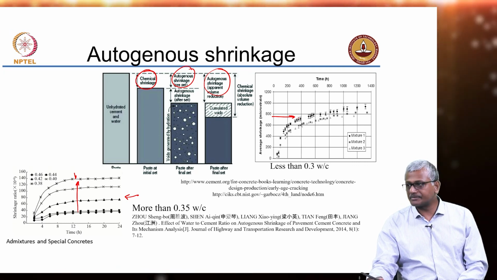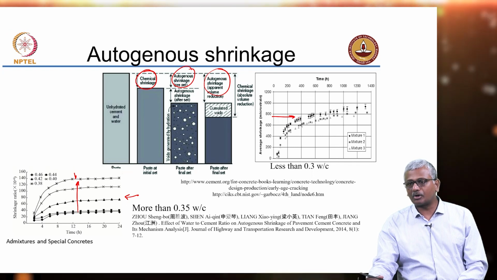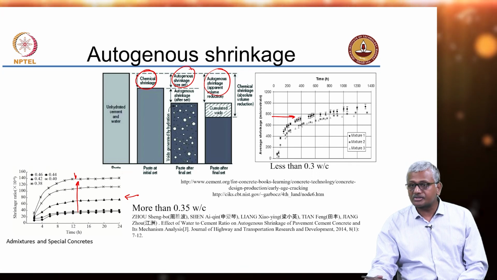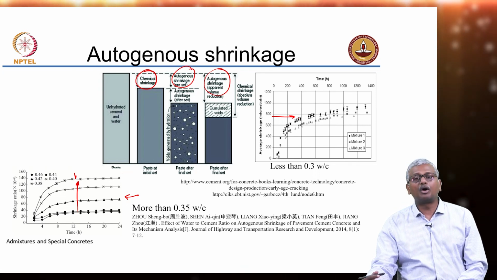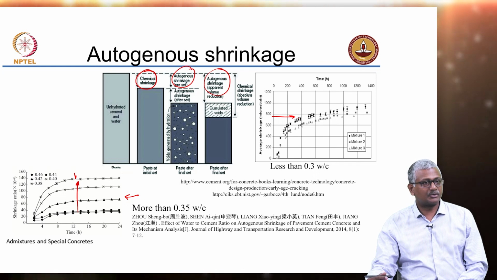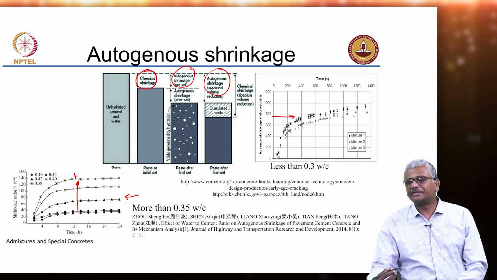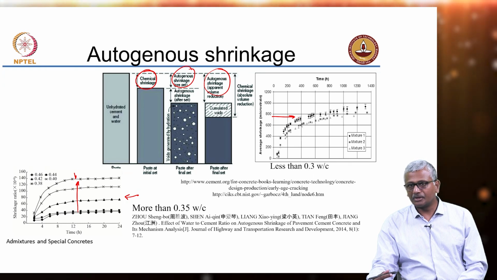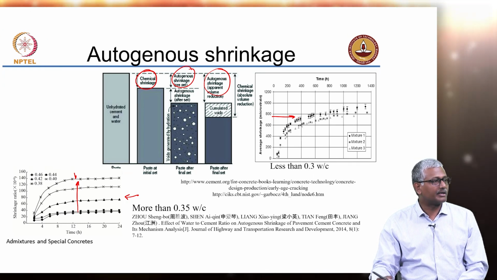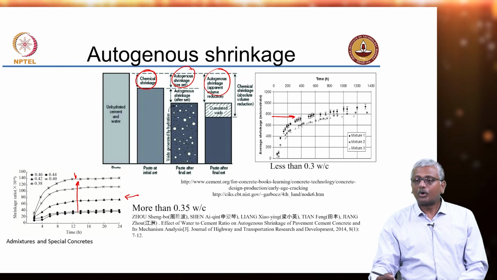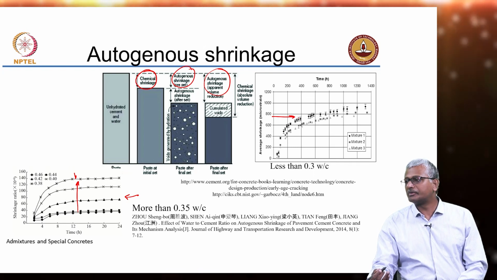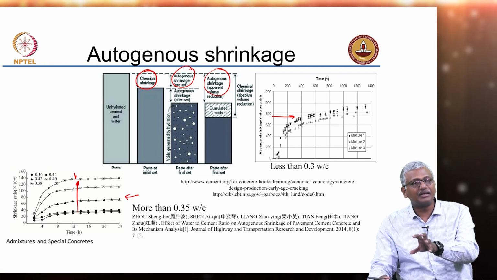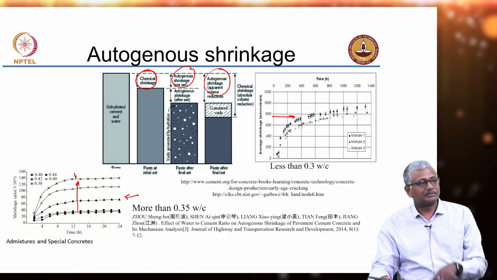Now, compensating for autogenous shrinkage implies that you need to keep your concrete moist for a longer time. Your curing compounds may not be effective. You have to supply external moisture that will reduce this internal drying to a large extent. So, for high strength concrete or high performance concrete, moist curing as far as possible should be an option to choose. But the situation gets very tricky when you go to